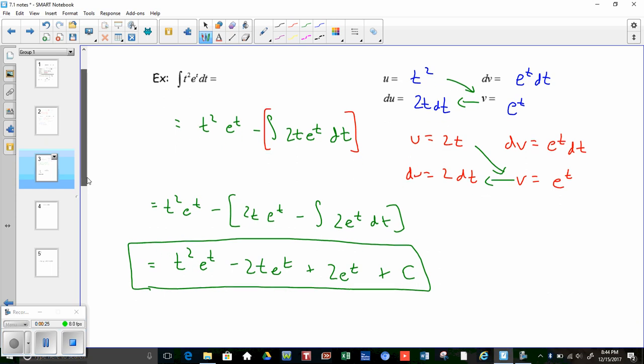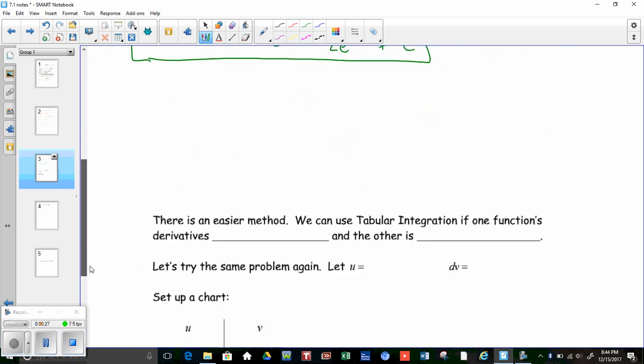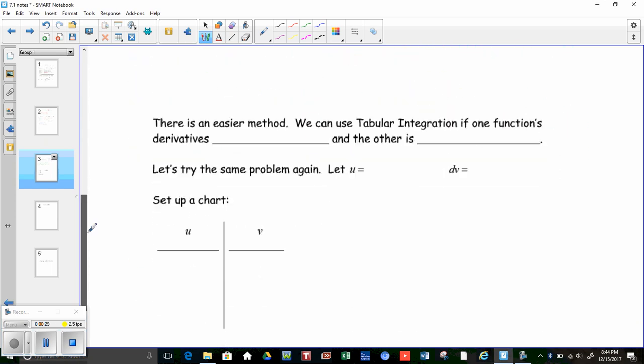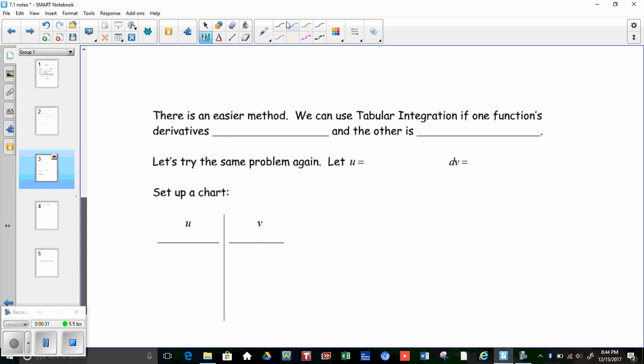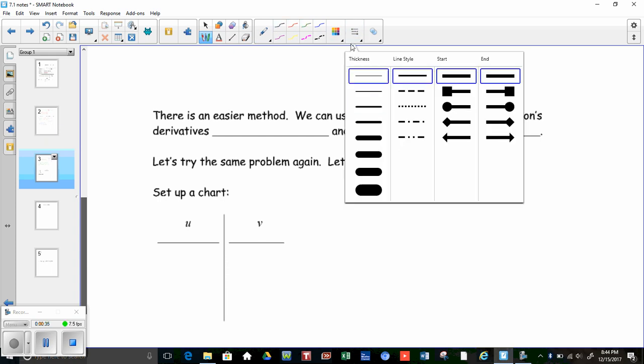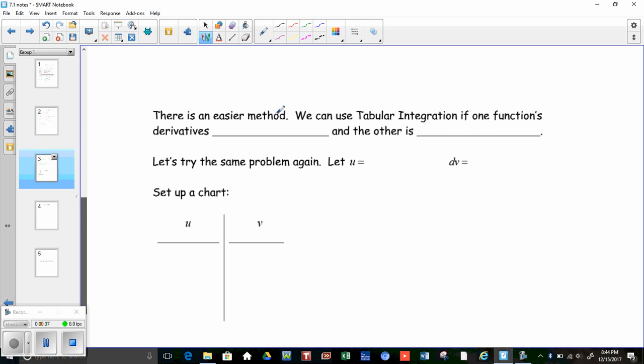Well, there's a shorter way to do it, and here it is. So there is an easier method. The idea is we can use this thing which is called tabular integration, if one of the function's derivatives terminates,